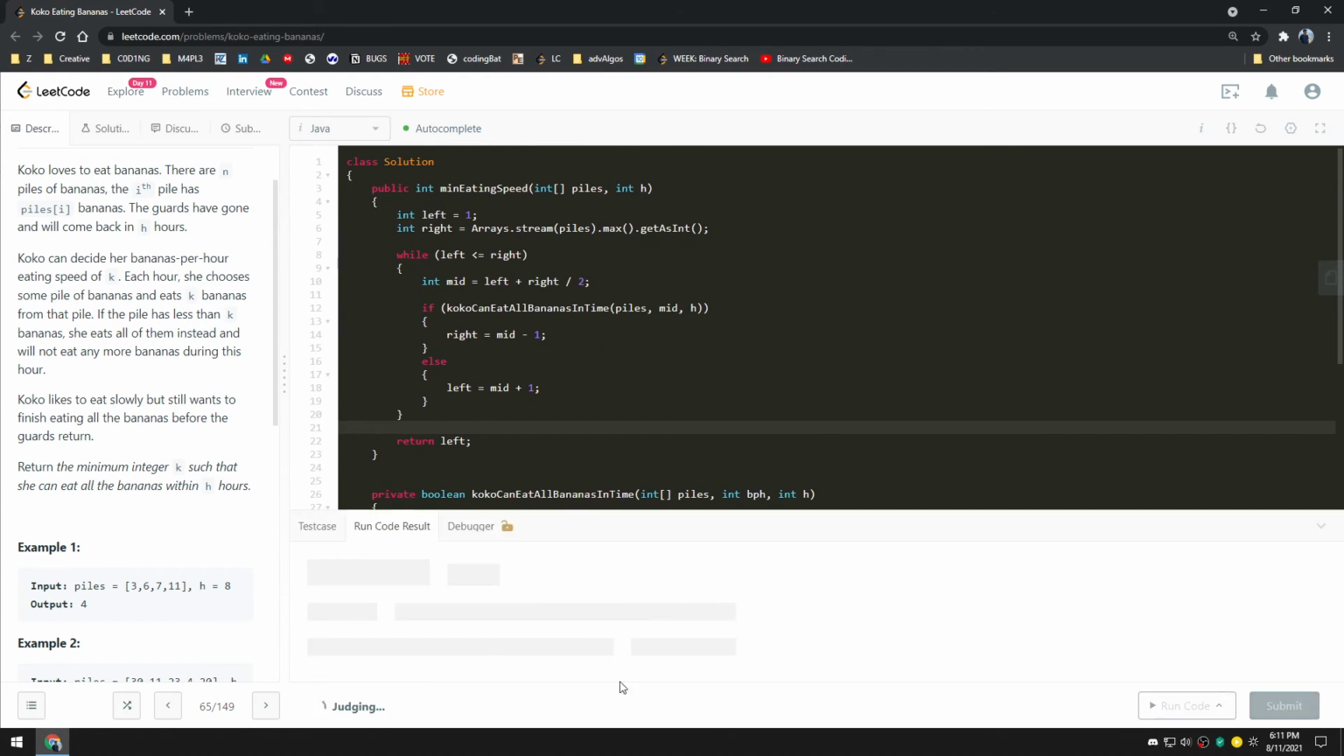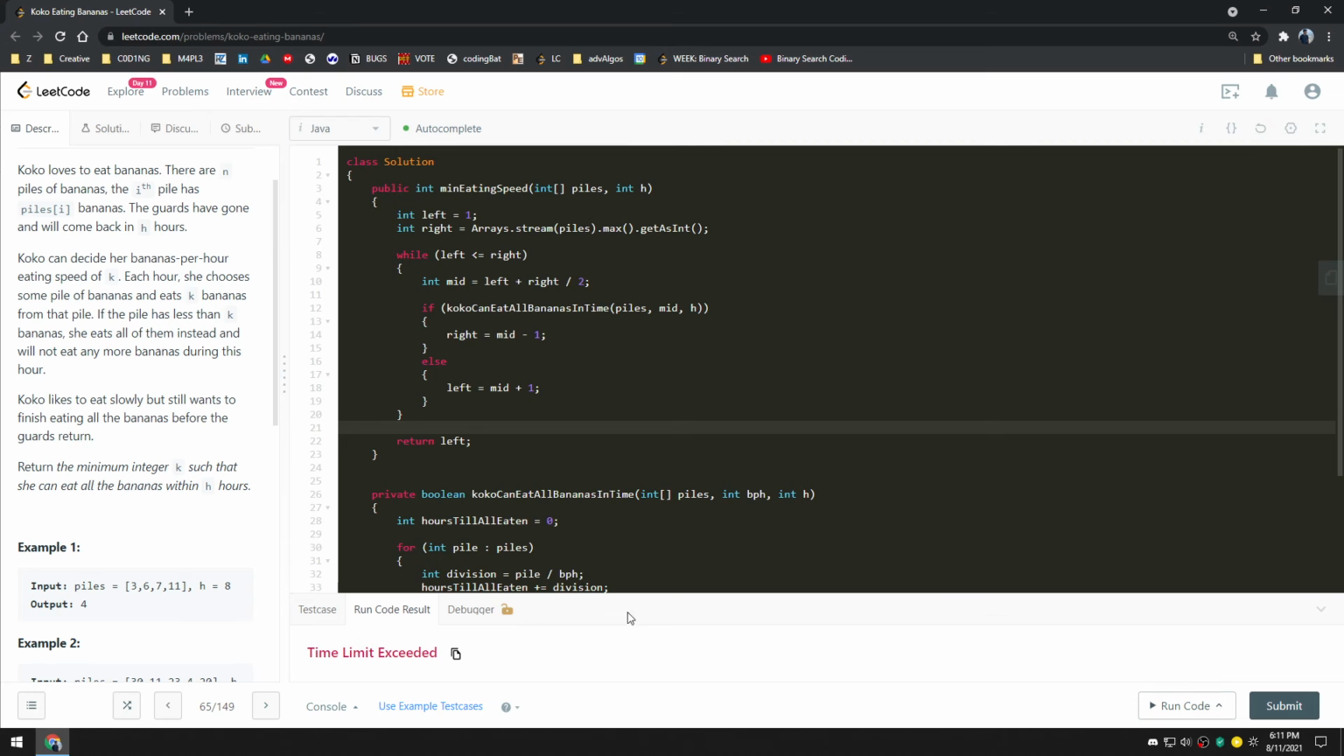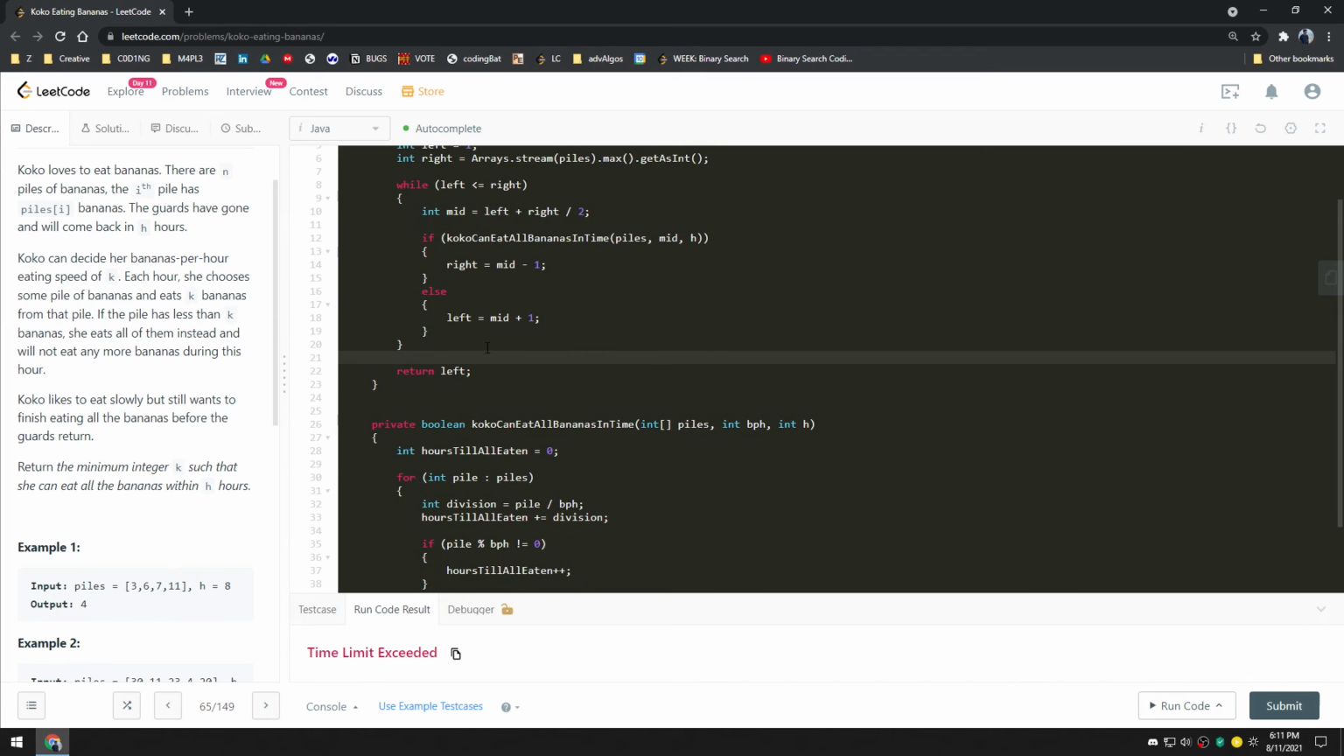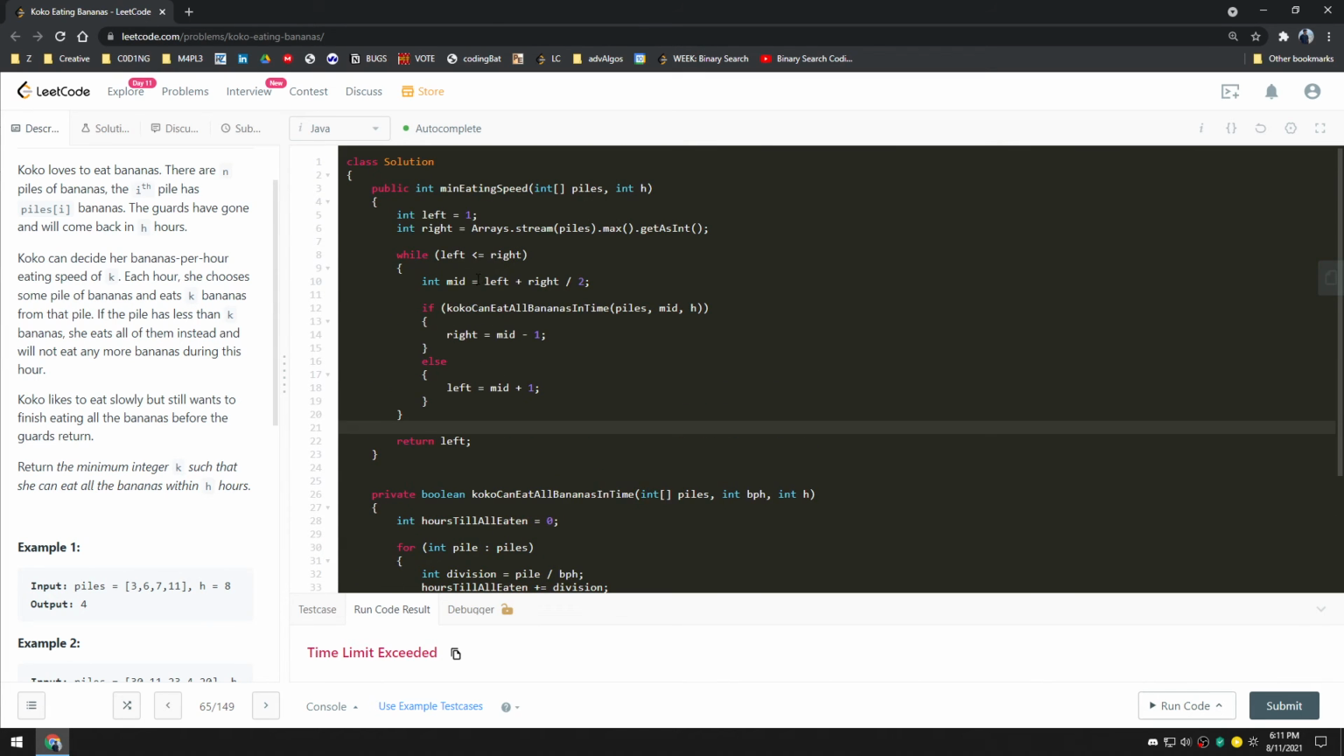Let's run this, see what we get. So it looks like our time limit was exceeded. So let's take a look at what's going on here. If we were to get the values here, mid, okay, right equals mid minus 1, left equals mid plus 1, okay. The issue might be here, might be causing,